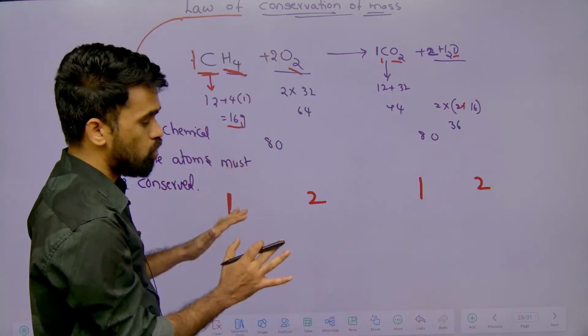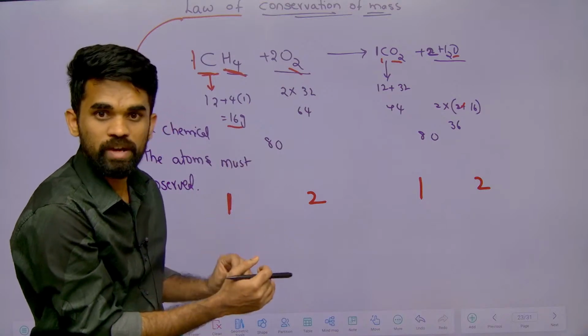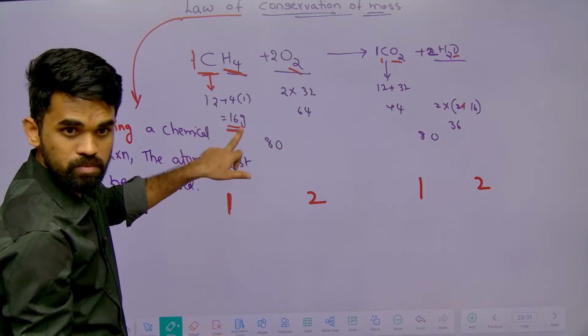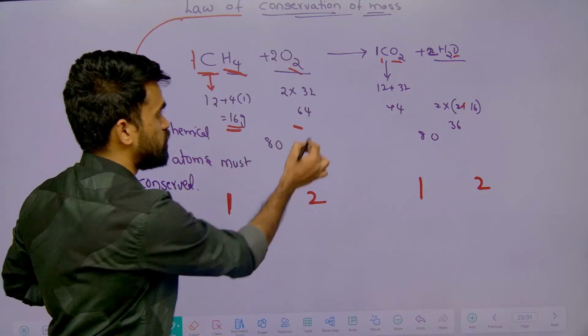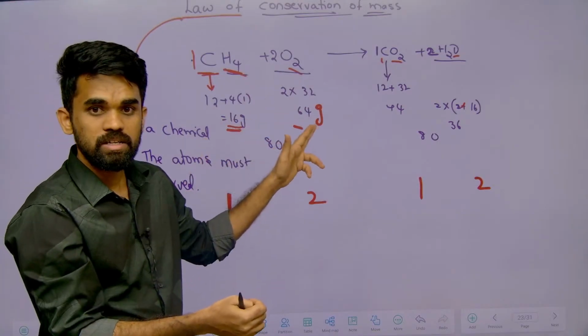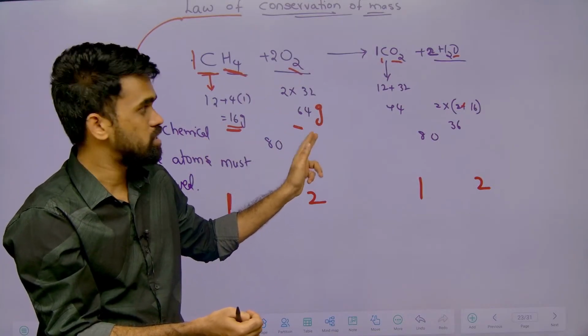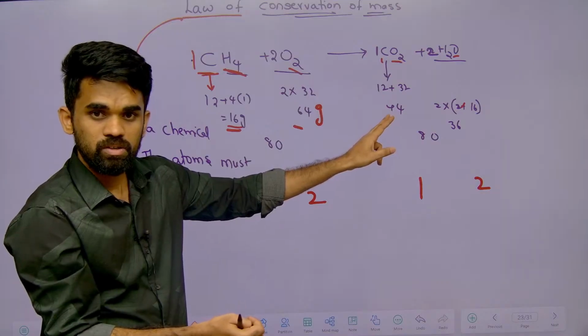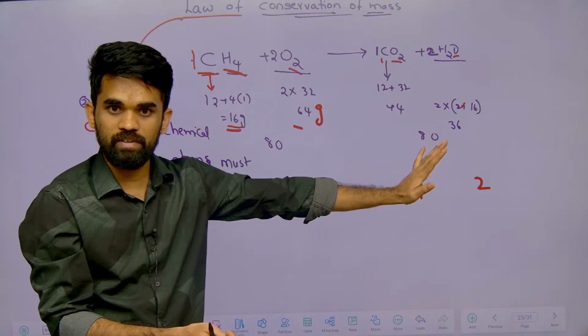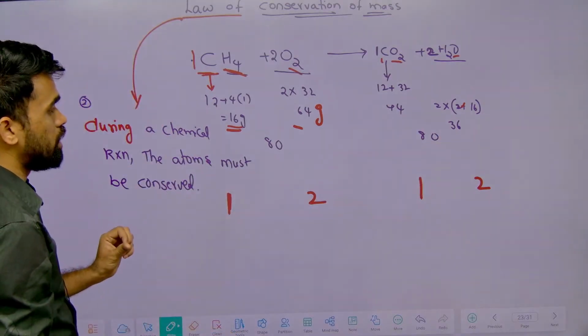Instead of saying moles, you can also convert into weights. Sir, how can we convert weights? See, here I told you 16 grams. These are grams, meaning weights only. So 16 grams of methane requires 64 grams of oxygen. Clear, up to here everyone knows. Now what I am saying is,